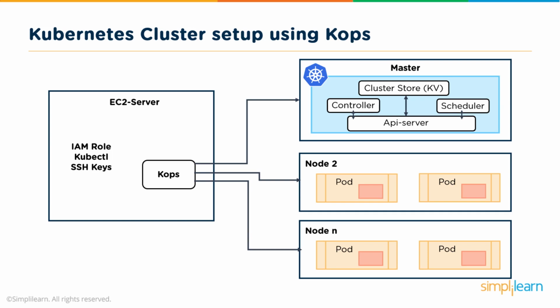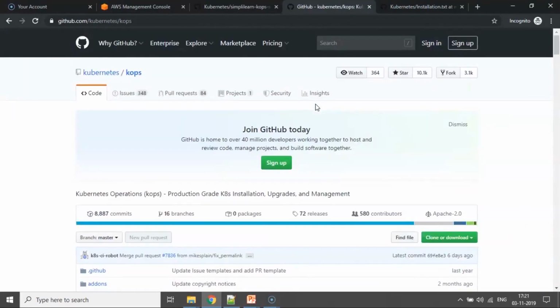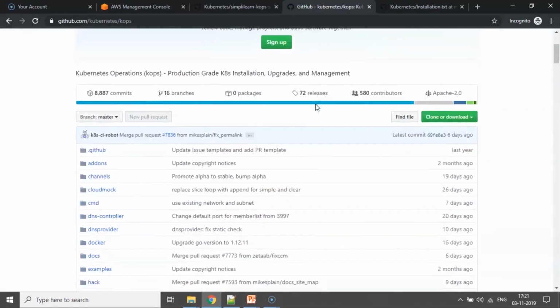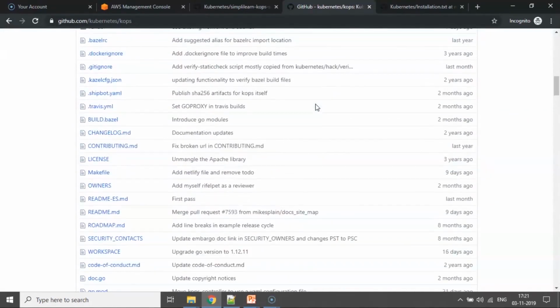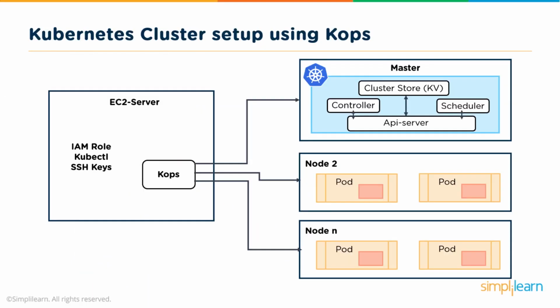Okay, so what is Kops? Kops is nothing but a simple tool. This is an admin tool that allows you to bring up production grade Kubernetes environments. As I said, setting up a Kubernetes cluster on bare metal is a little challenging. So that is why I would use something called Kops, and I will use this on my cluster, which I will spin up on my AWS instance. So I have an AWS account, and what I will do first is spin up an EC2 server. I will power this with one of the Linux AMIs, and I will install Kops on it.